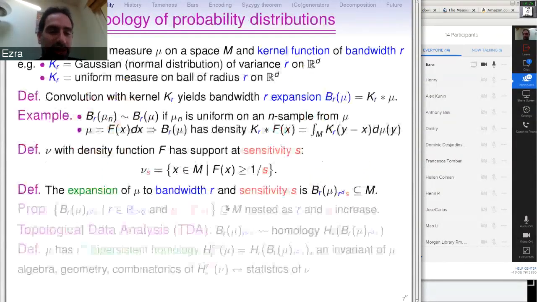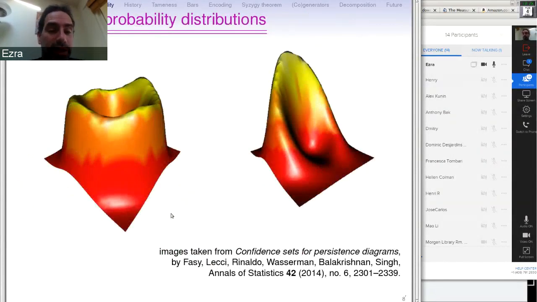Because that makes it so that, let me say what's going on here. Let's just look at the picture first. So this is an expansion to bandwidth r, and then when we take a sensitivity s, what we're doing is we're thresholding at some level, and the point is that for many values of that thresholding level, the topology of the set you're going to look at is going to be an annulus. And that topology is reflecting the support of the original measure you were sampling from, which remember was a circle. So the idea is to learn somehow that there was a circular shaped thing there, and the way to learn that is to expand and then threshold so that you get some idea of what the geometry of that